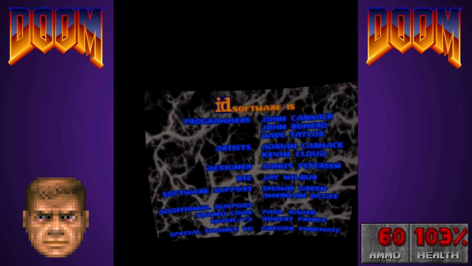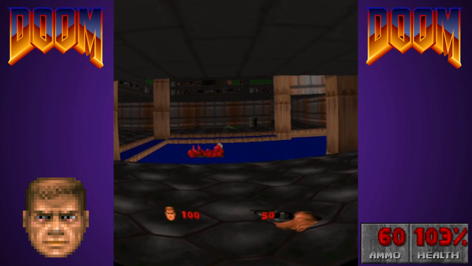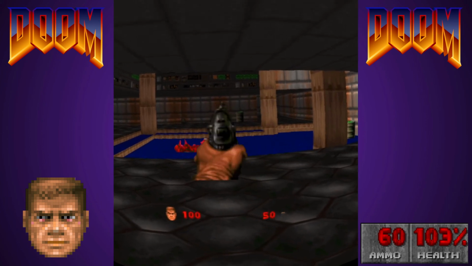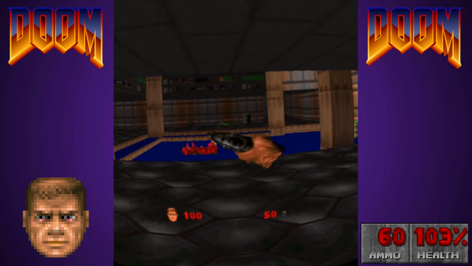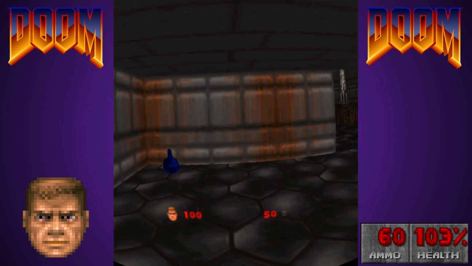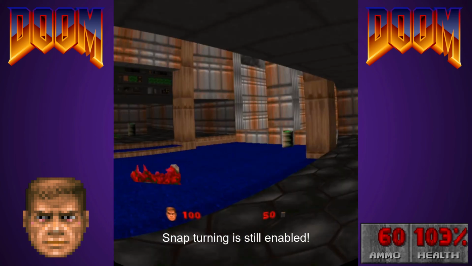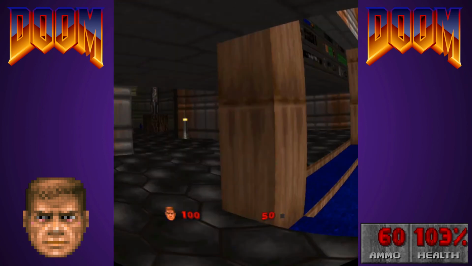We'll just do Hey Not Too Rough. And we're in the game. But here's the funny thing: as you can see, I have a flat hand. It's not 3D. If you want to change the smooth movement, as you can see, I'm kind of doing that. Now, it's smooth movement like this, but